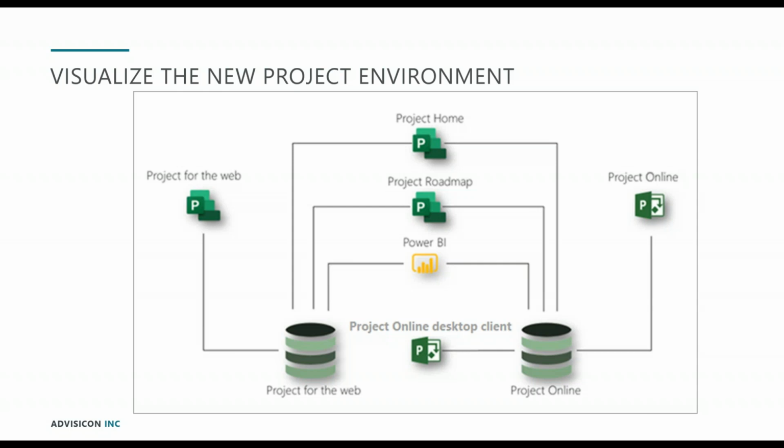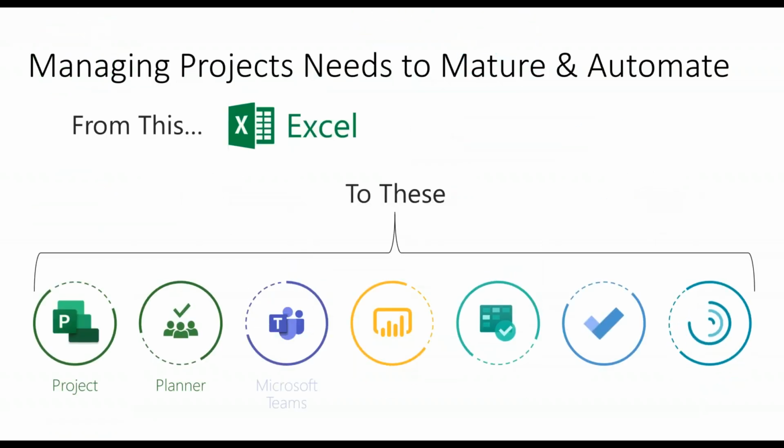So you have access to Project for the web, Microsoft's brand new project service. You have Project Online, so that's the linkage of taking Project Server using the desktop client and linking up to the cloud, being able to do mostly what you do now, but opening up the world with more Office 365 feature access. The roadmap, the new Project Home, the Project Roadmap. So I'm going to try and share these with you briefly here at the end. So, we talk about these other applications, right?